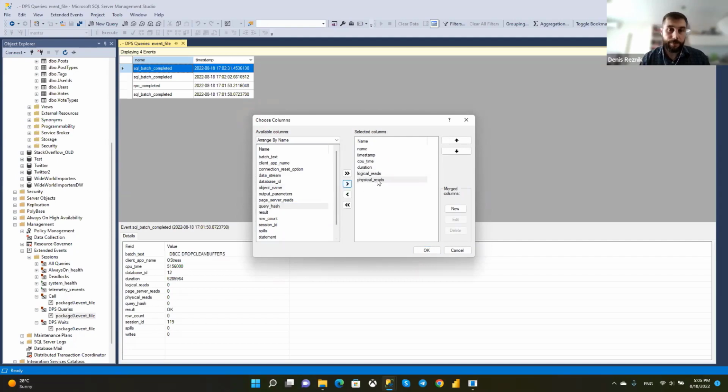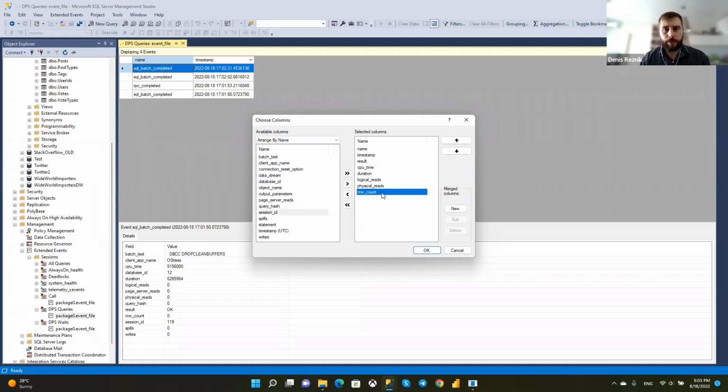Physical reads, it's pretty important as well. It's reading from disk. Logical reads is reading from memory, and physical reads is where SQL Server needs to take data from disk, not only from memory. Result, which will give us information if this query was executed successfully, if it timed out, if there were some errors. Row count.